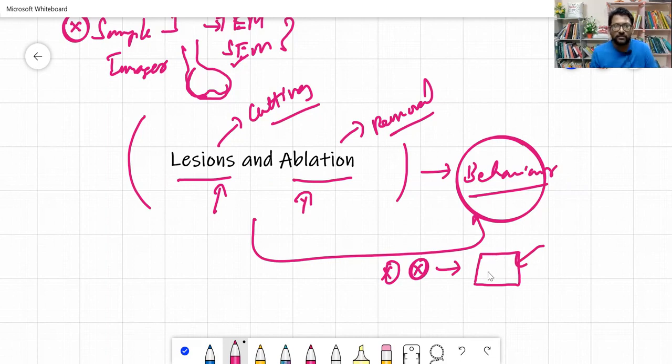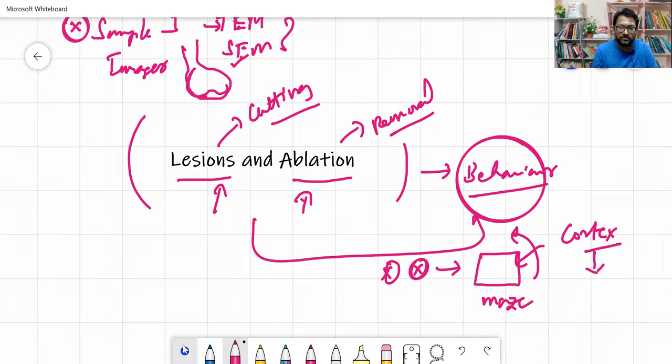For example, if the mouse can locate a food pellet around the maze, then the scientist would remove a small region of the cortex, and following a period of recovery, we see in many trials whether the animal is relearning the maze and finding